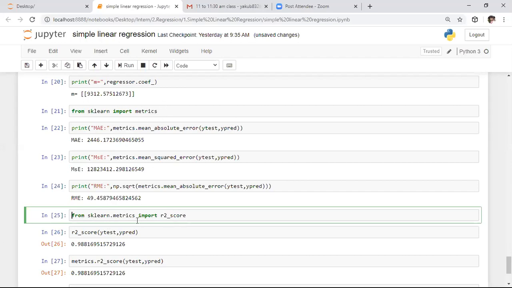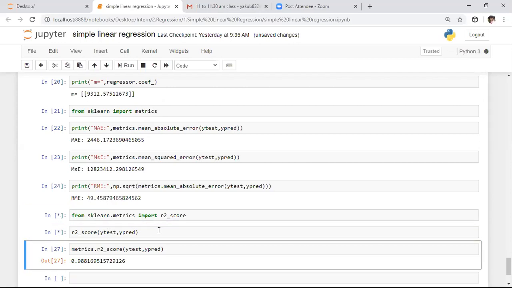So if you want to follow this way, you can follow this way. Whereas if it is not convenient to you, go through this, accessing this R2 score by using this approach. So here it is about R2 score.